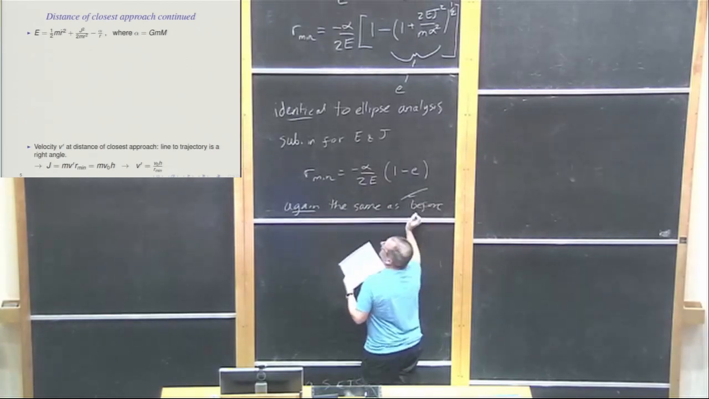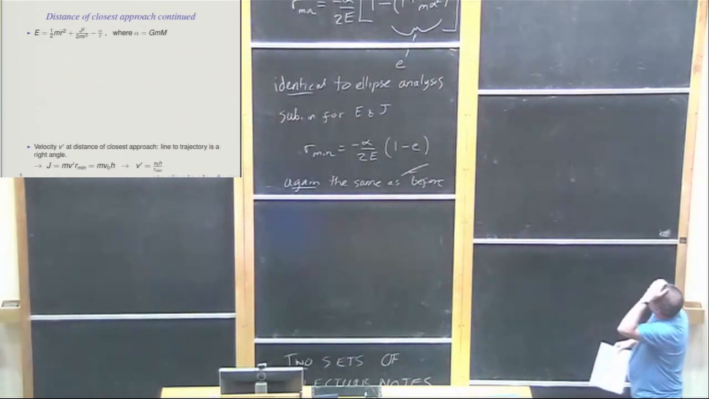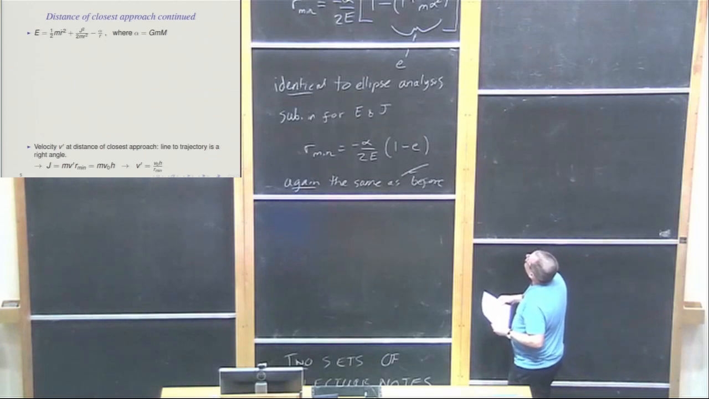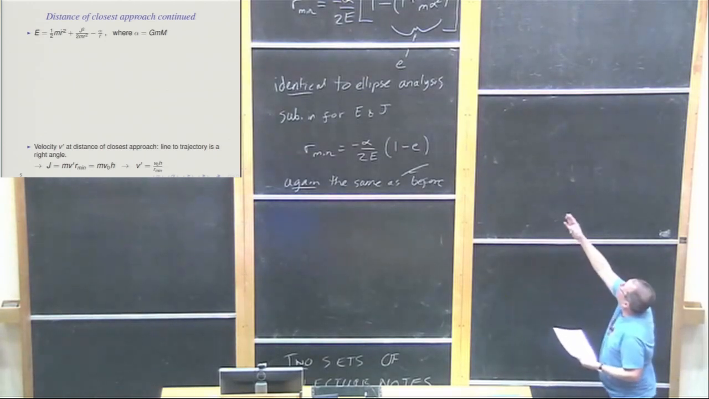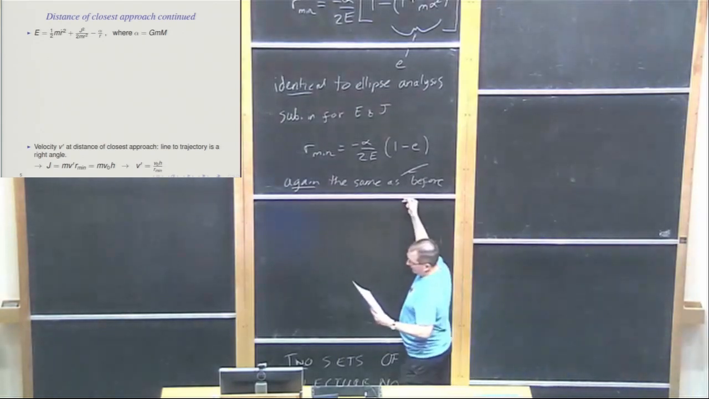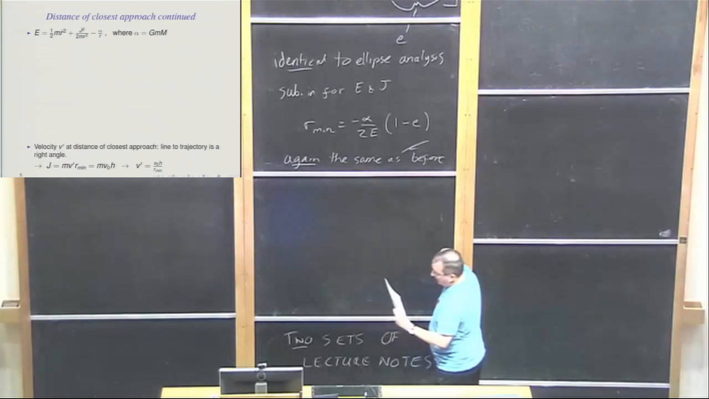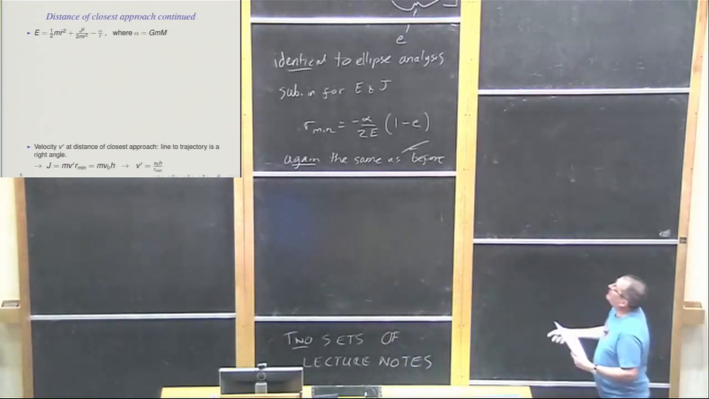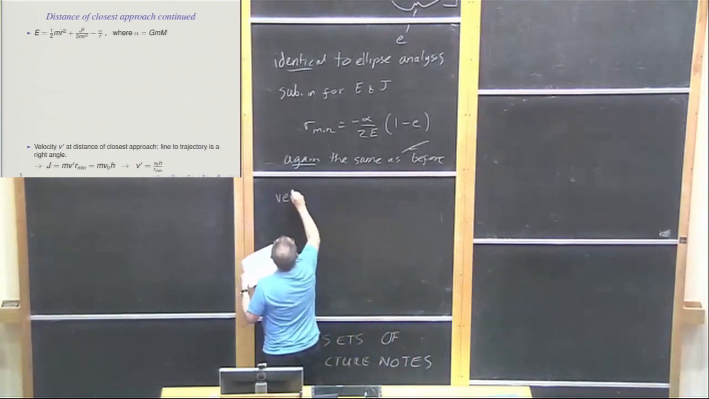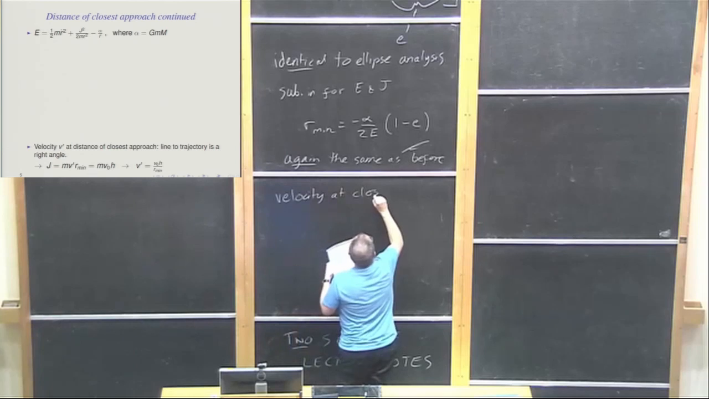But the key thing here is that the eccentricity is going to be greater than 1 rather than less than 1. And that is a consequence of E, the total energy, being positive, which is different from the elliptical case. Okay, so what we have there, therefore, is the distance of closest approach. We can calculate the velocity at closest approach,